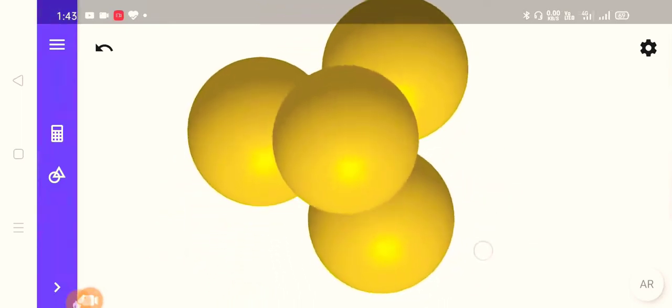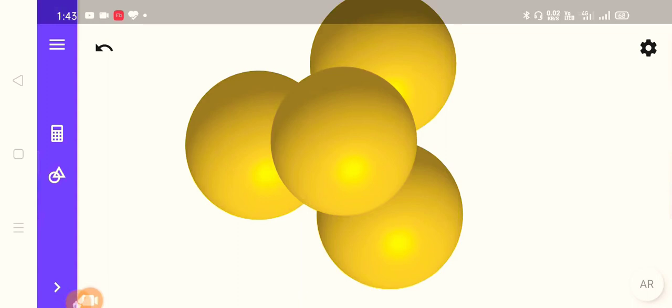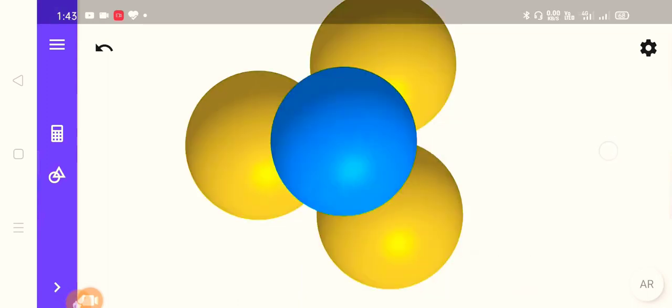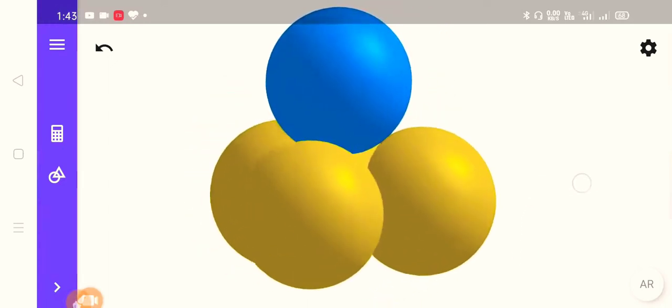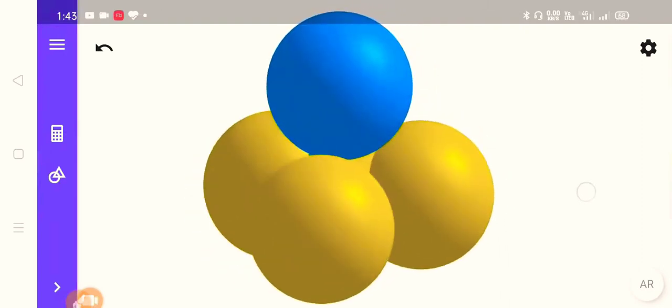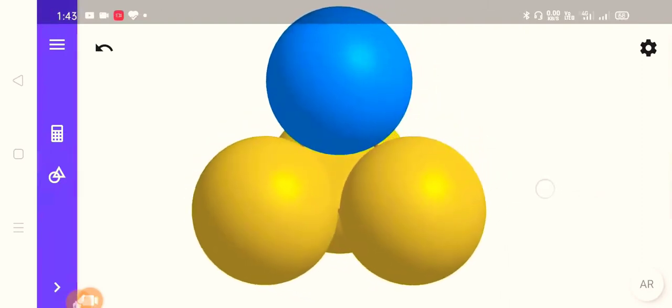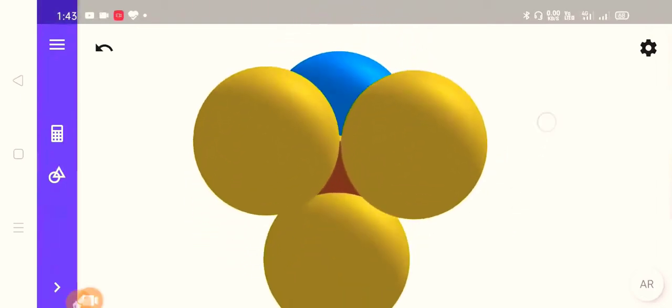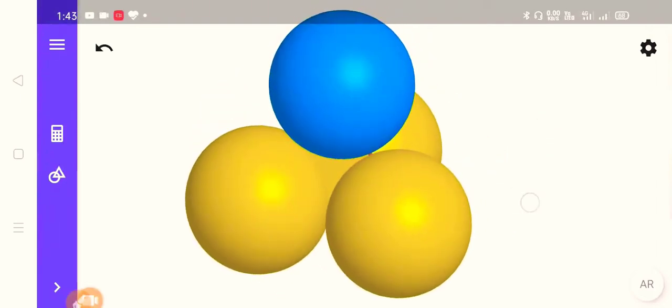So this is a tetrahedral shape where these three belong to the lower layer and this upper one belongs to the second layer, which is arranged on top of it. Here we have a tetrahedral shape and the empty space between them is called a tetrahedral void.